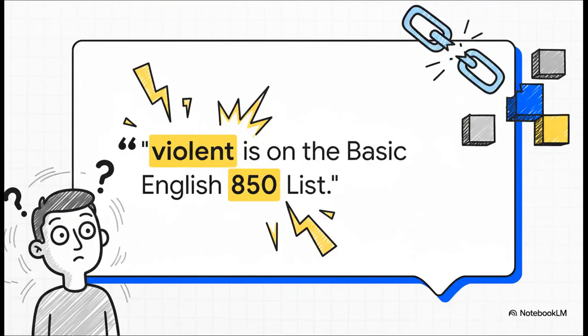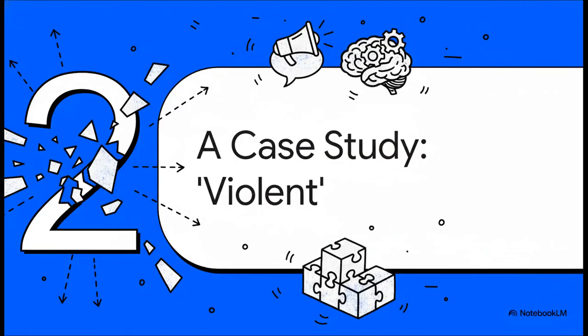Okay, and this is where we hit a really surprising little fact. In this super carefully chosen list of essential words, you'll find the word violent. Now hold on, at first that might sound a little weird, right? For a simplified language, why would you include such a strong, kind of negative word? This is where it gets really, really interesting. So let's use this one word, violent, as our case study. Because by really digging into why this specific word made the cut, we can start to understand the entire philosophy behind Basic English. It's all about the art of saying a lot with just a little.